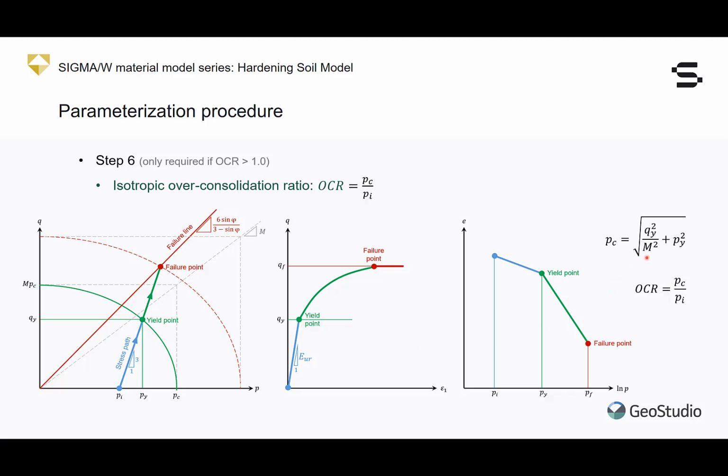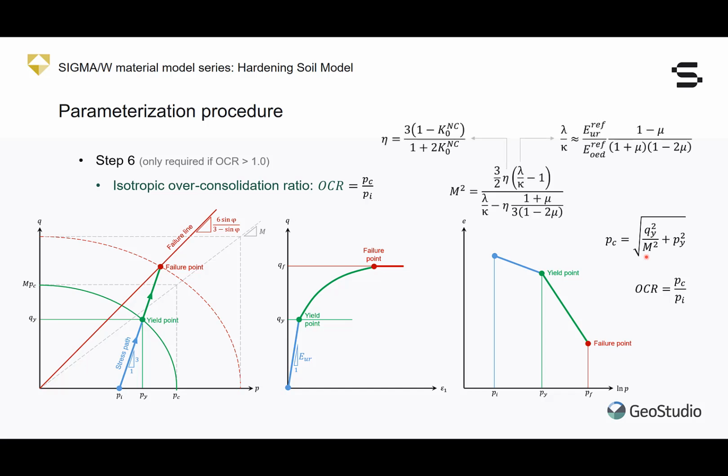That brings us to the constant mu, which is in the equation for the cap yield function. It is calculated by the material model in the solver from this expression here. We elaborate on this expression in the reference book, but for the purpose of this webinar, it suffices to say that eta is a Q over P stress ratio that can be calculated from the user input K naught and C, which we discussed on the previous slide, and lambda over kappa is calculated from Poisson's ratio and this ratio